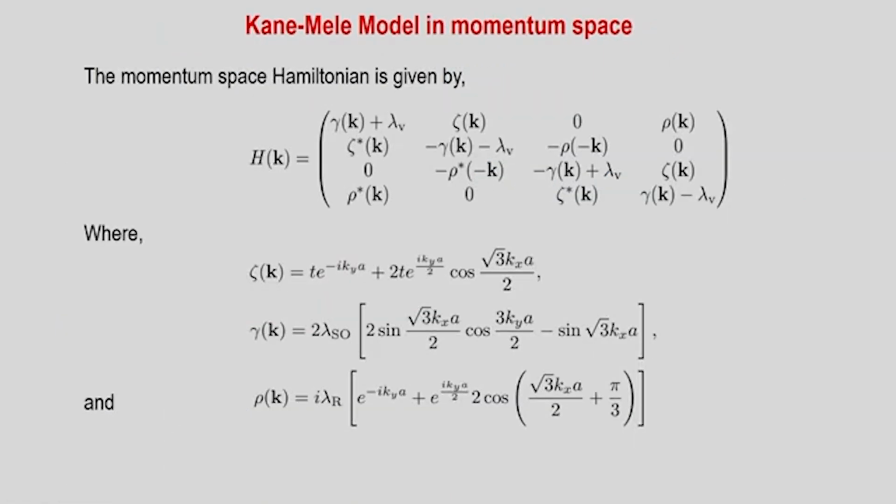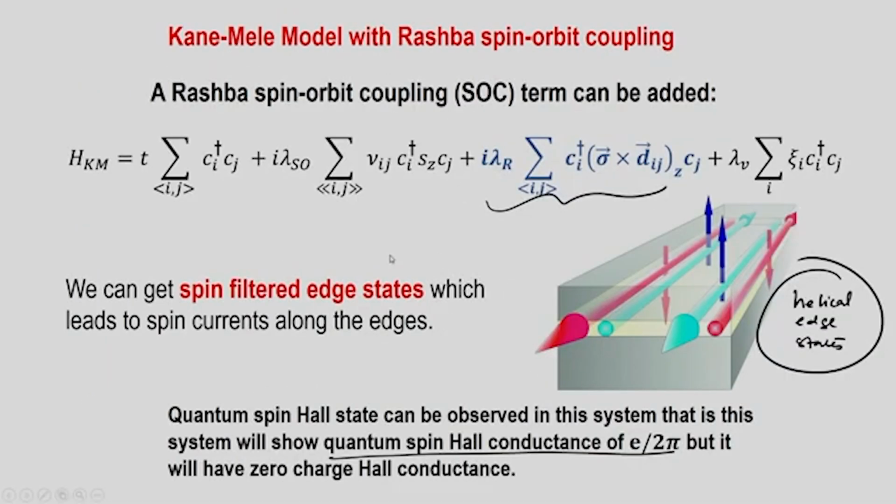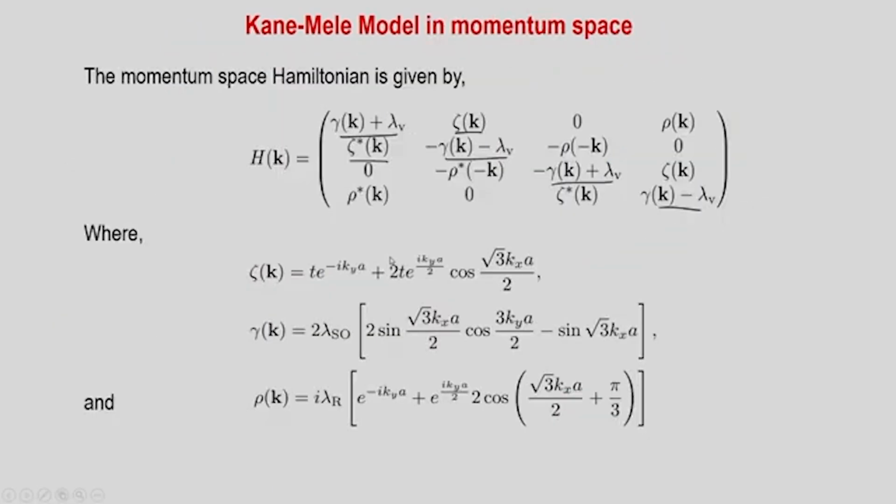So, this is the full tight binding Kane-Mele Hamiltonian in the momentum space. These are the diagonal terms, which are something like second neighbor hopping or on-site potential, and these are the kinetic energy, nearest neighbor kinetic energy terms and so on. So, each one of the terms is written carefully here. There is a full tight binding model. So, this tight binding model has a term, this one in the low energy limit